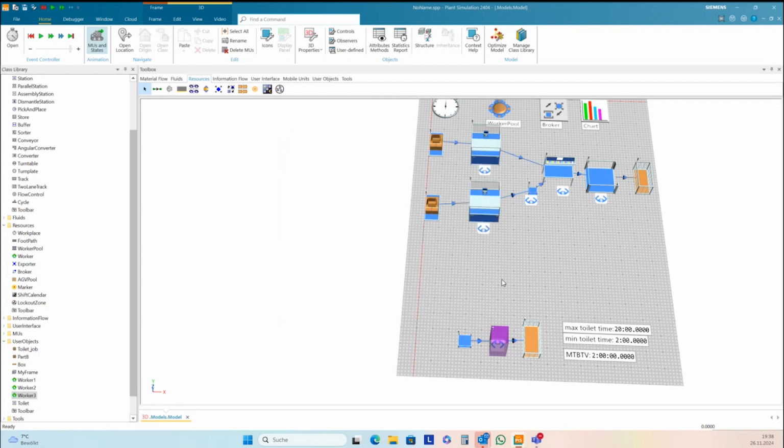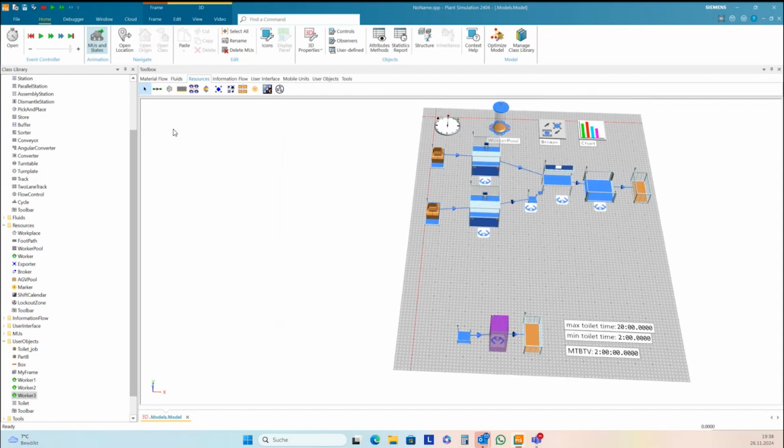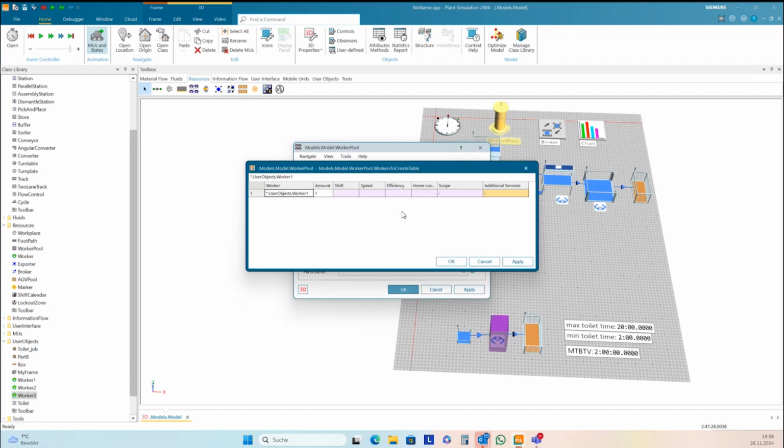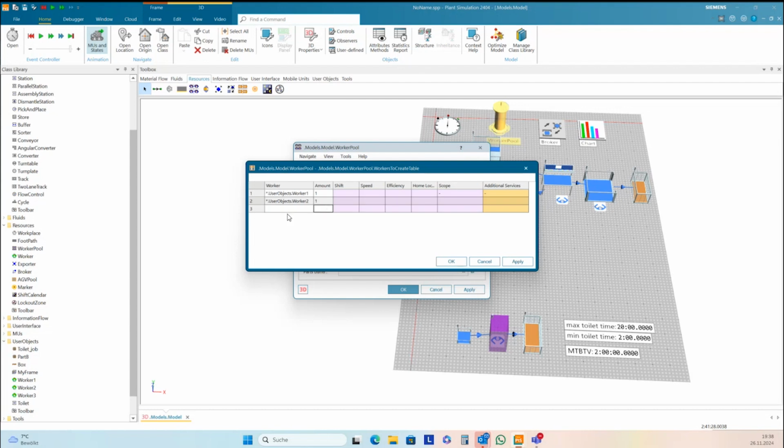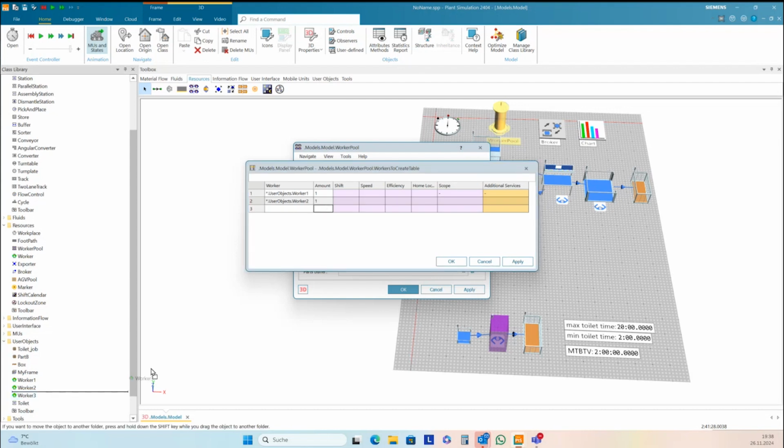And now we can make a test. Oh, I need to create my workers. In the worker table here, I need a new line. One for worker 2, and one for worker 3.